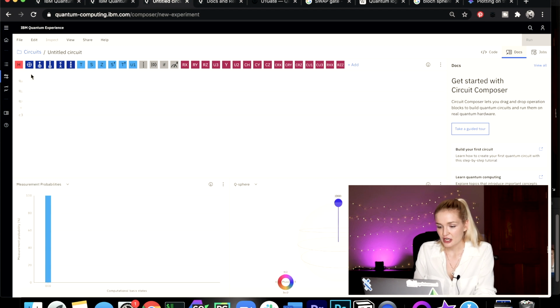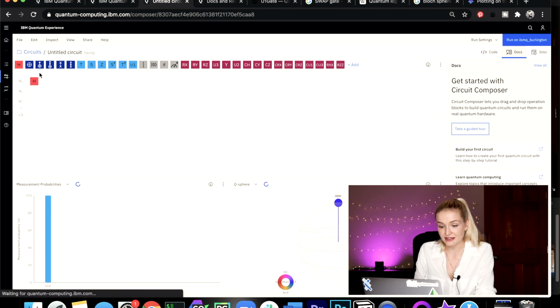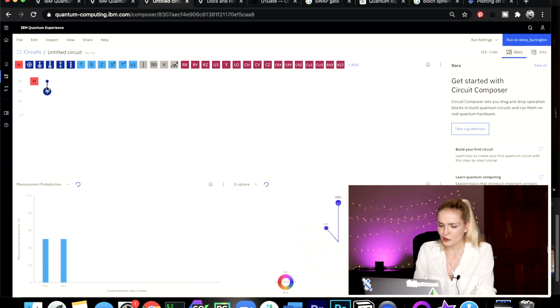So here we have the Visual Circuit Composer. You program a quantum computer by doing gates, similar to classical gates, but quantum gates behave entirely differently. The difference is that quantum gates have to be reversible. If they're not reversible, we lose information. An irreversible process destroys information, which destroys the superposition, and we can't do that until the very end of the circuit when we measure it.